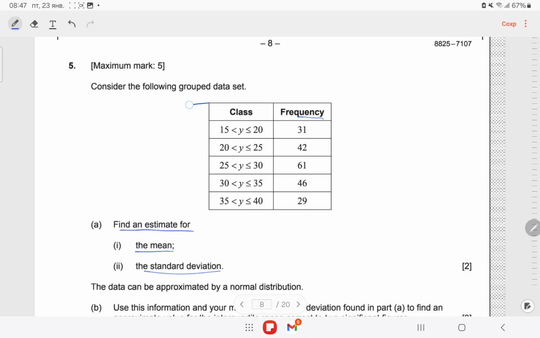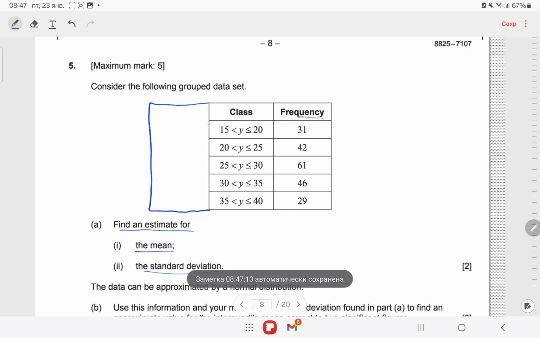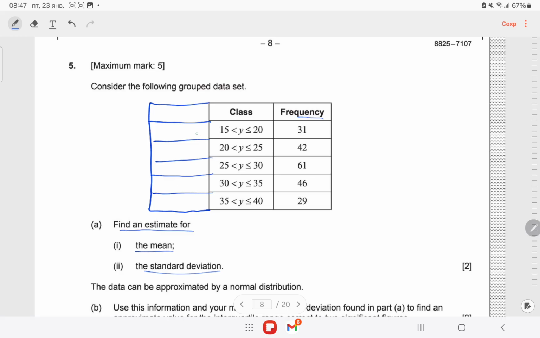To do so, we have to find the mid class, right? So we have to write the mid interval in each part, and after that we can use the calculator, okay? So the mid interval here is 17.5, then 22.5, 27.5, 32.5, 37.5, right? Now you can use these two columns for the calculator. You can type these values into the calculator. It depends which calculator you have, Casio, TI or TI Inspire,